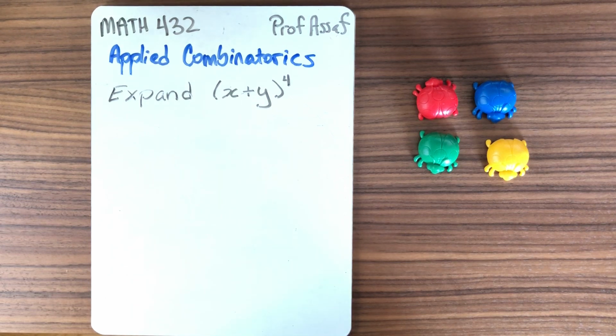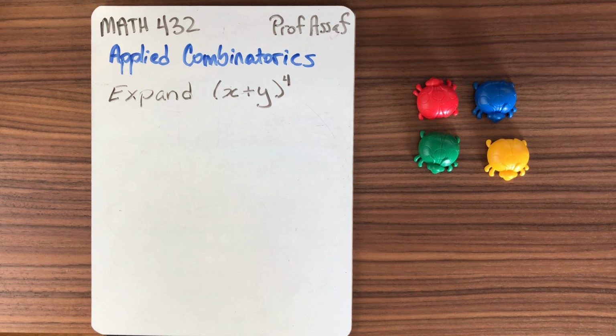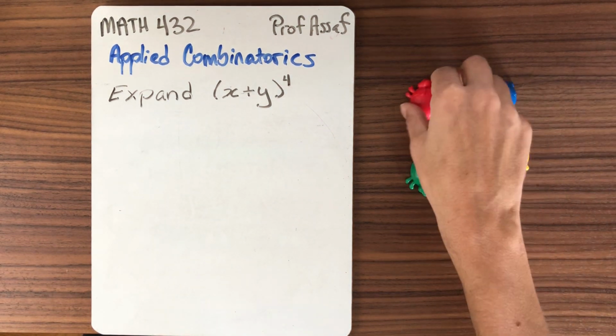We are once again in Math 432, Applied Combinatorics, and I am Professor Asaph. The topic of this series is the binomial theorem. We're going to start it with a concrete example, and we're going to relate it to the binomial coefficients that